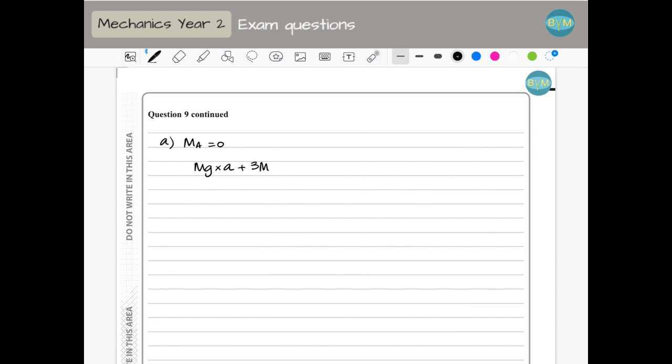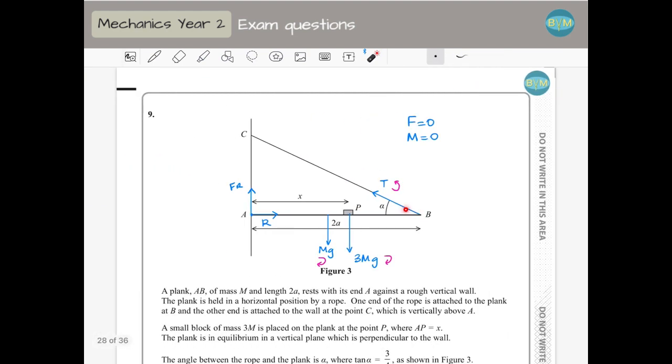This is going to be equal to the anti-clockwise, and the anti-clockwise is the tension times the perpendicular distance from the point to the line of the force. This is the line of the force, so we are talking about this distance here, perpendicular. So if this is perpendicular here, I need this distance here. If I look at this triangle, which is a right-angled triangle, it doesn't look very much like one, but